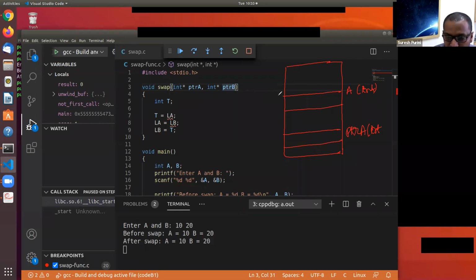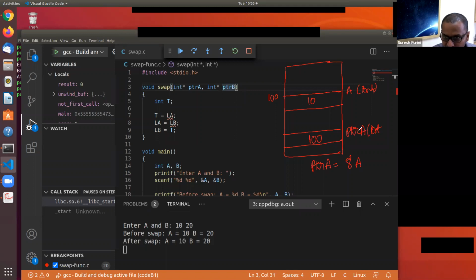So let's say the address of the variable A in memory is 100, and it contains the value 10. And when we do something like ptra is equal to address of A, then the memory address of the variable A, which is 100, will be written to the memory location associated with ptra.